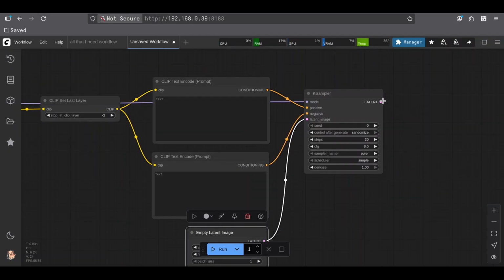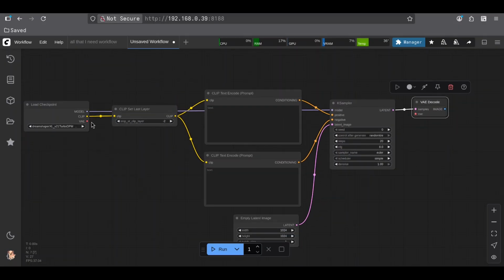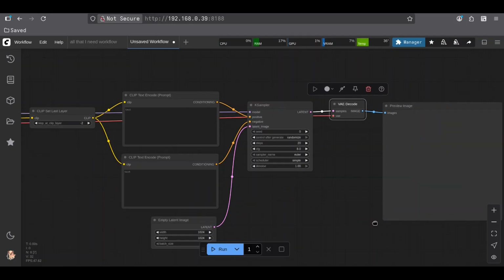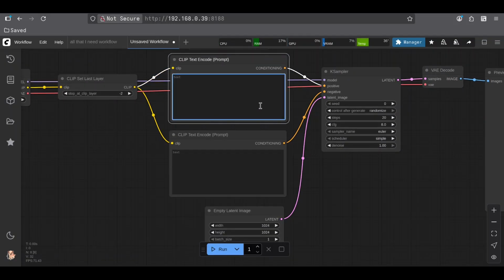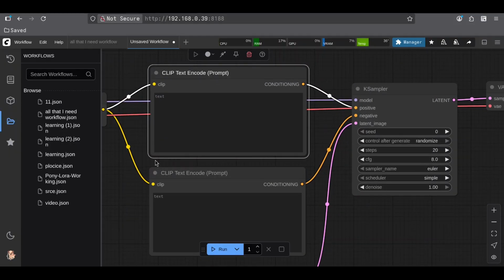And of course now we are going to need encoder, or rather decoder, I'm sorry. And for decoder we are going to need VAE, alright, and finally preview image, that is name of this node. Alright, and now what we are going to do, I want to create image, let's say, no, not that,